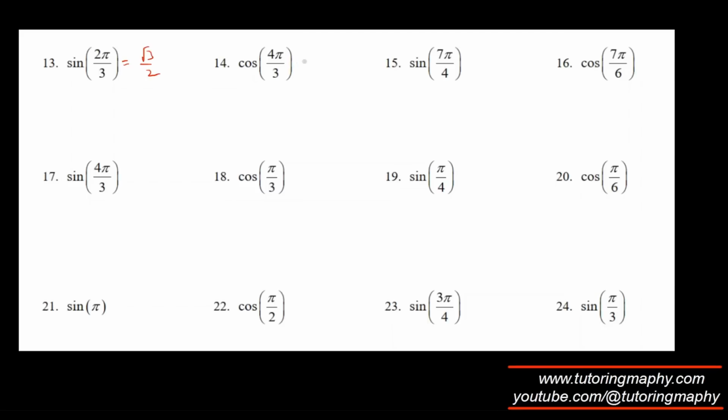Root 3 over 2, this is quadrant 3, so that's negative 1 over 2, that's quadrant 4, negative root 2 over 2, that's quadrant 3, that's negative root 3 over 2, that's quadrant 3, that's negative root 3 over 2,